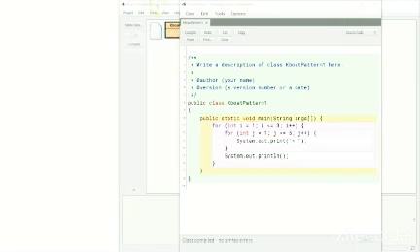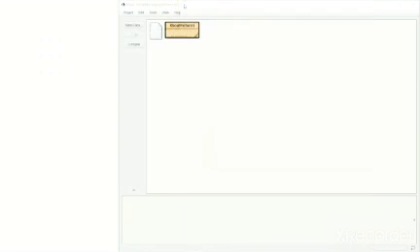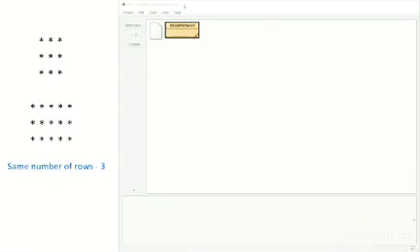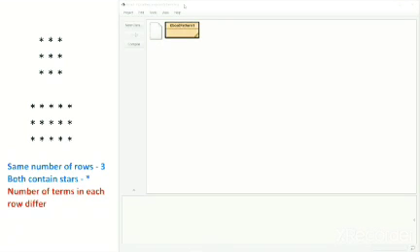Moving on. Next we will print this pattern. Let's compare it to the previous pattern and see what the differences are. Both have the same number of rows, which is 3. In both patterns, stars are getting printed. The only difference is in the number of terms in each row. In this pattern, there are 3 stars in each row, whereas the previous one has 5 stars. So, to get this pattern, I should only change the number of times the inner loop is executing.